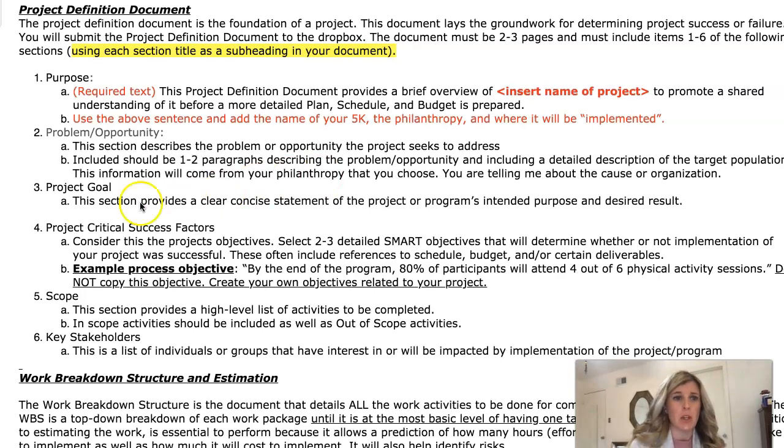All right. So with goals, and these are objectives. Goal is your overview of what you are planning to do for your project, its intended purpose and desired result. Give me that, you're going broad on your project goal. What are you trying to accomplish by creating this 5K for a particular philanthropy? What is that overarching goal? You can have 1 to 2 goals,